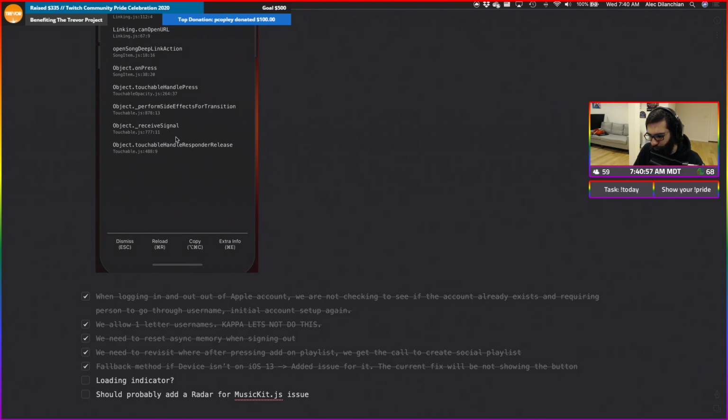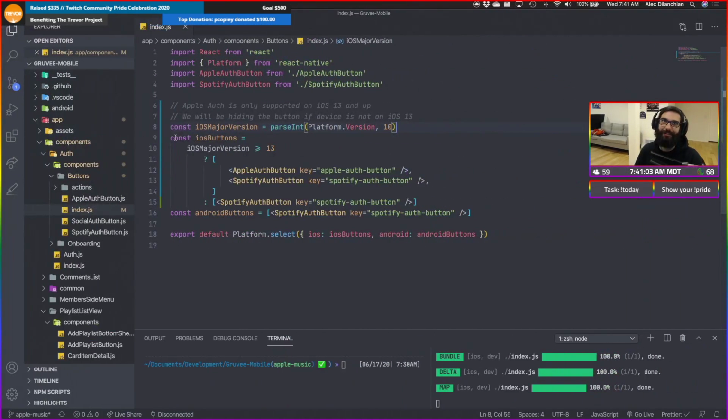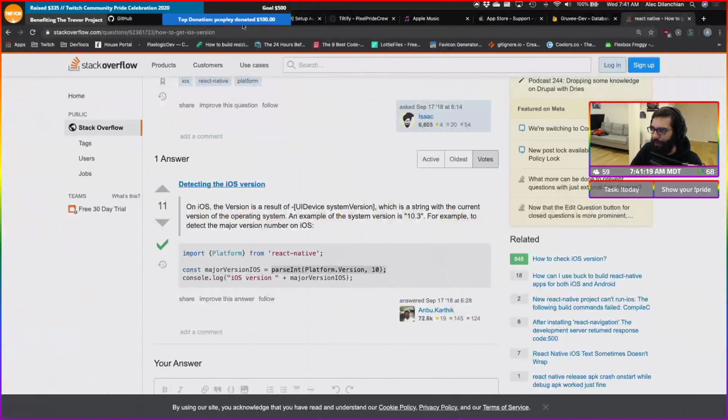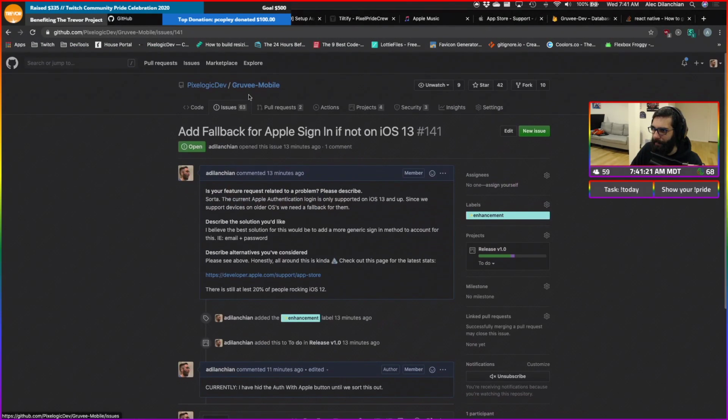So this is kind of an issue with all of our everything. We should set something in general. The question is, do we want to start it now? Do I have an issue up for the loading indicator? I don't know if I do.